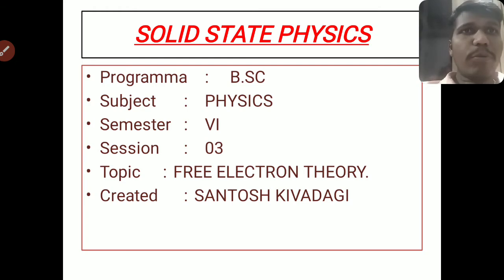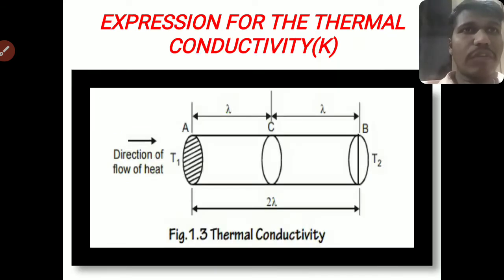It is also very important in solid state physics, in the case of free electron theory, that is the expression for the thermal conductivity. The thermal conductivity is denoted by the symbol K, and electrical conductivity is denoted by sigma. We have already said that a success of the free electron theory is its use in thermionic emission and thermoelectricity of materials using free electrons.